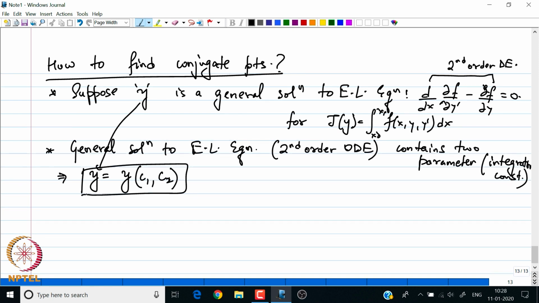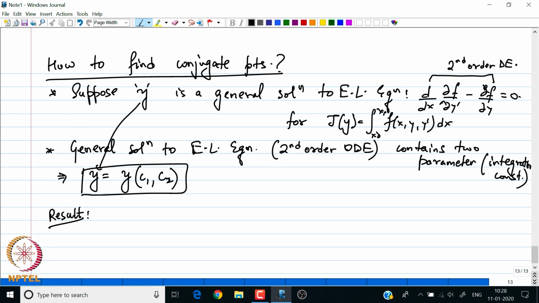So, note this. There are lots of arguments, and students can follow the textbooks that we are following, but the main result is that to find the conjugate points, all we need to do is look at the solution to the Jacobi accessory equation, and those are found by differentiating this extremal solution with respect to these constants. For different constants, we are going to get a different family of solutions. All we need to find is the variation of this family with respect to these constants respectively. So, the result is as follows.